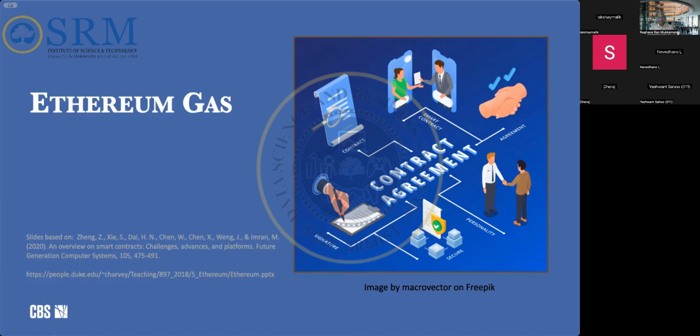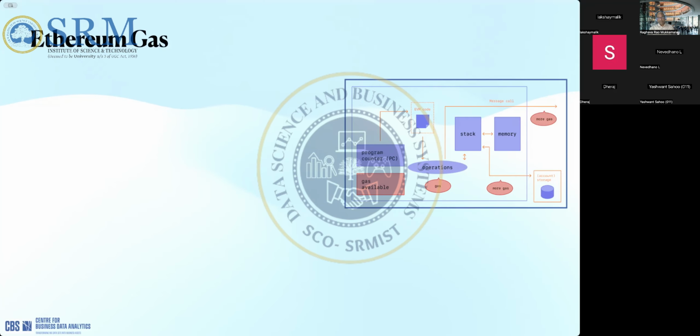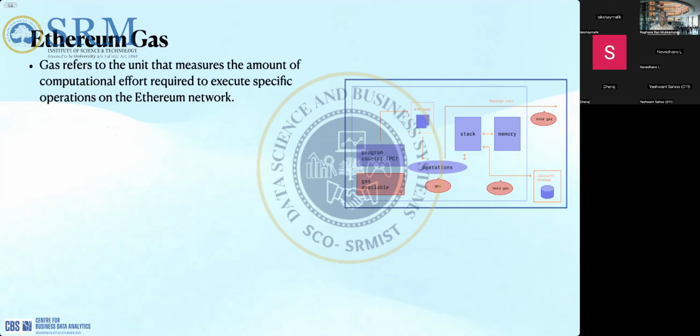Okay, so let's look into some of the main key takeaways in the Ethereum case, right? This is also important to understand: when we develop a smart contract, we need to pay for the gas. What is gas? Gas is nothing but some kind of estimation of a computational unit of work that needs to be done. So gas is an important thing to make the transaction valid, right? So gas refers to the unit of measurement, the amount of computational effort required to execute a specific operation on